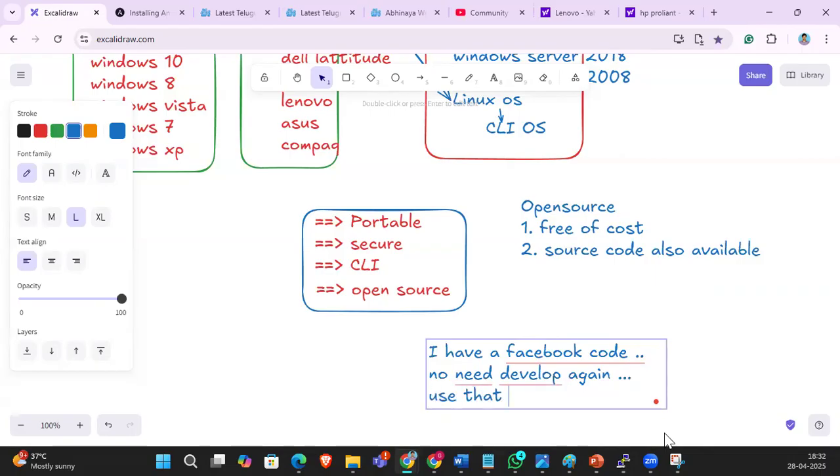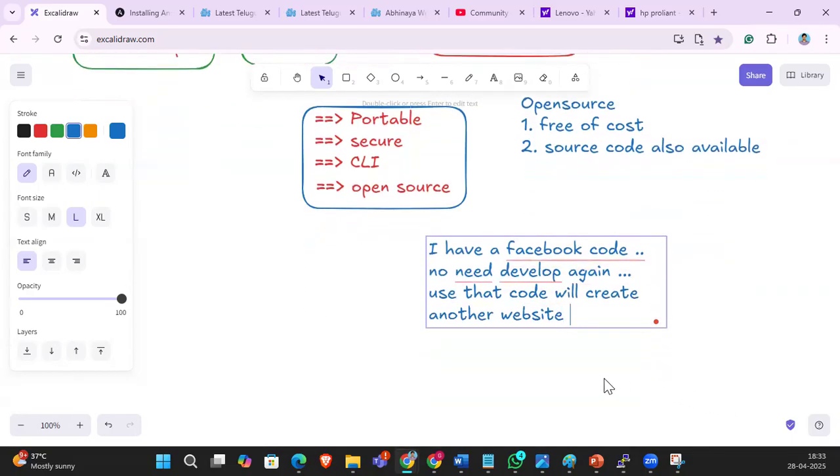You can use that code and create another website. For example, I create a website called Book Face.